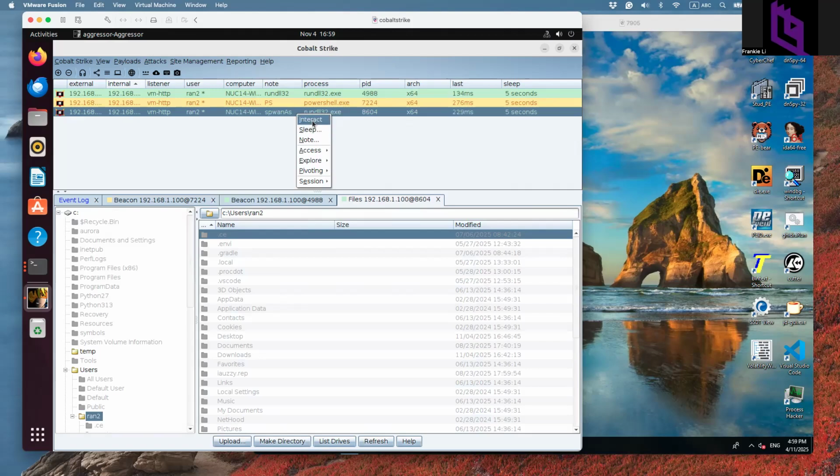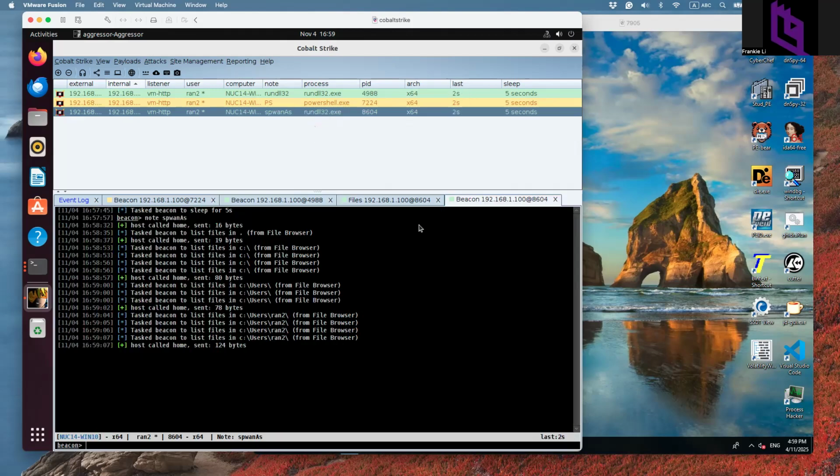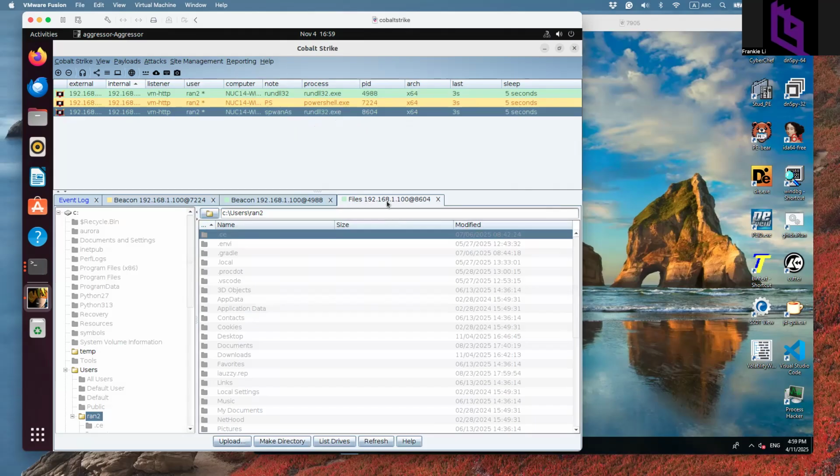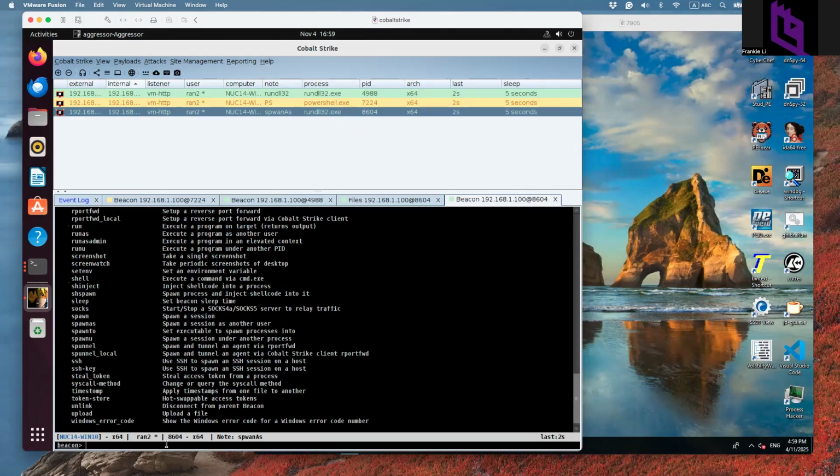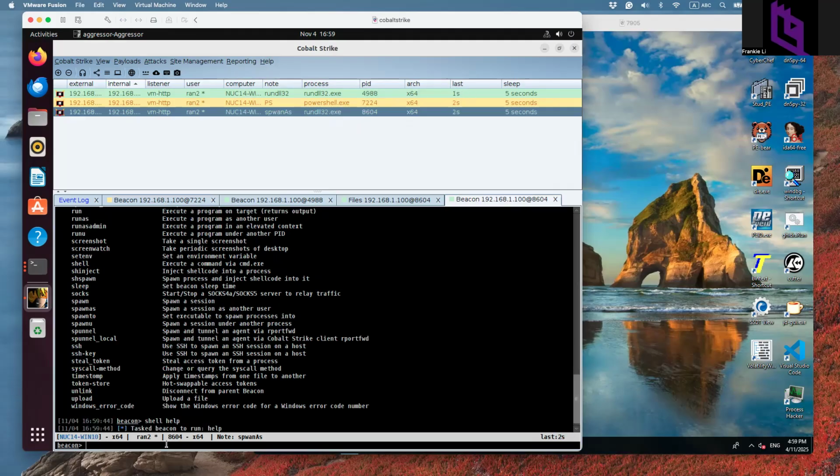See if I can interact by using this newly created form as beacon. As I did before, I shut down one of them and then see whether, oh yeah, I need to interact with them. So how about I check my command, type of command, local location. I remember the shell command should be